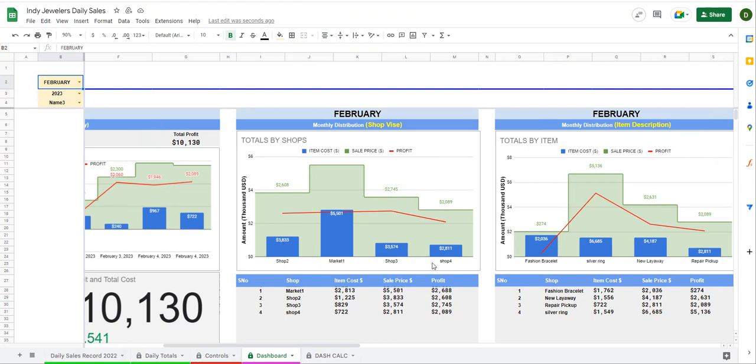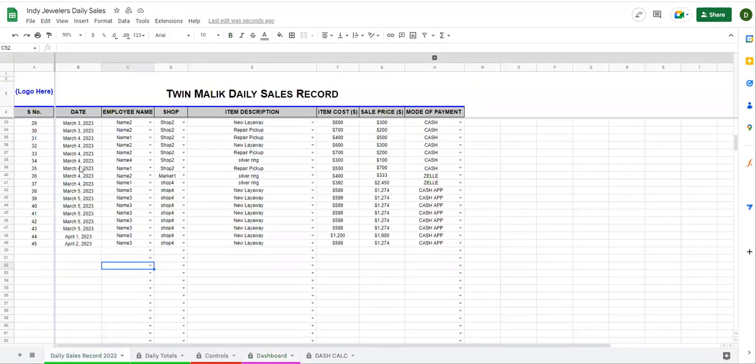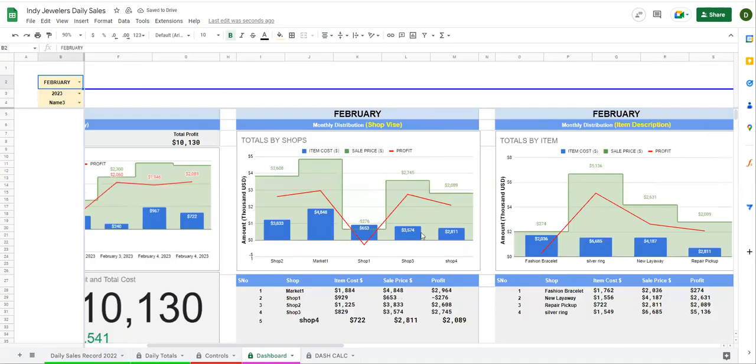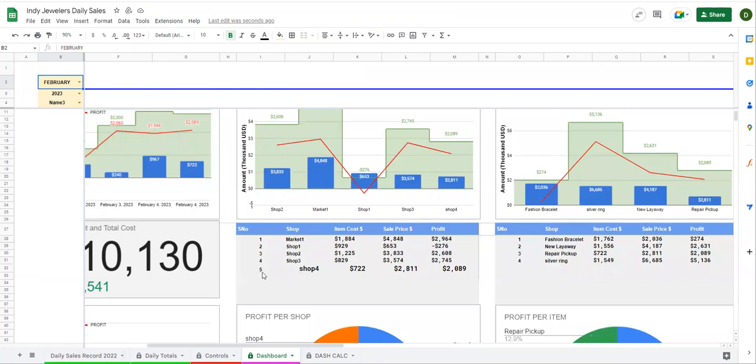So shop two, market one, shop two, whatever the shops are available. If I add any shop, currently you can see there is no shop one. So what I'll do, I'll go to the February entries here, and I'll add shop one in here, and you will see shop one got added automatically in here. Here it is, and this is a negative entry. So on shop one, the total is negative for the month of February so far. Now this is the complete distribution,